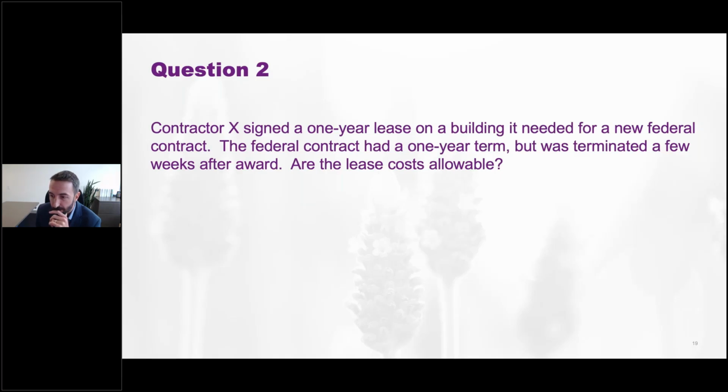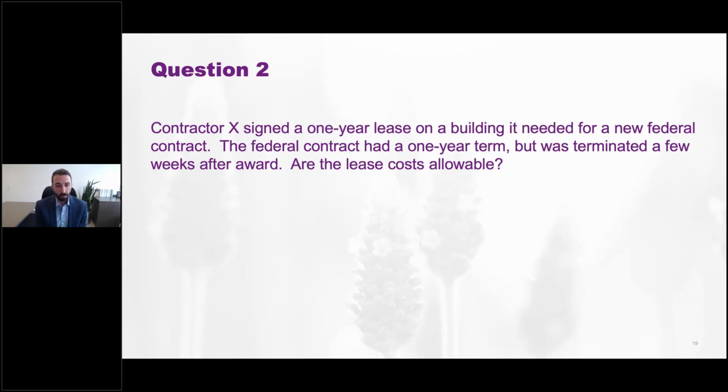Okay, great. So there is an answer we have here that I think is a good summation of it. Somebody responded, yes, but required to make an effort to curb costs, which I think is a good summary of the overall response. So look, what I had said a moment ago is that under FAR 31.205-42, costs of unexpired leases are generally allowable if you make reasonable efforts to reduce the cost. Okay. So what does that mean?